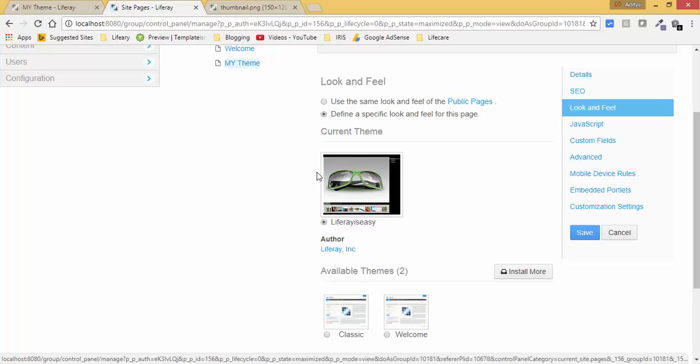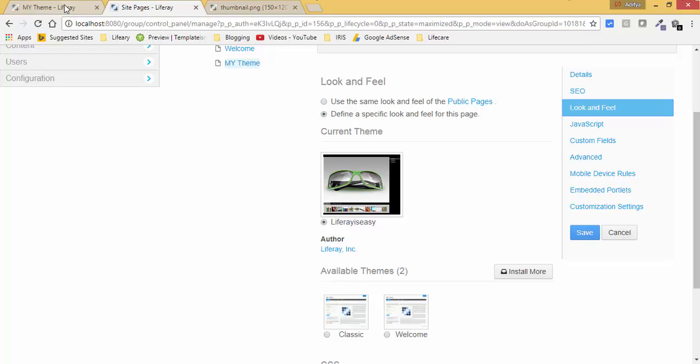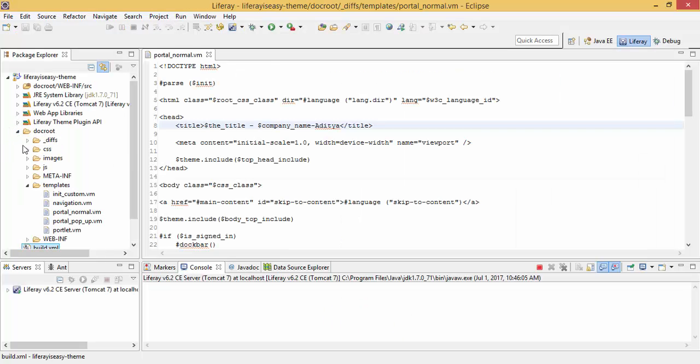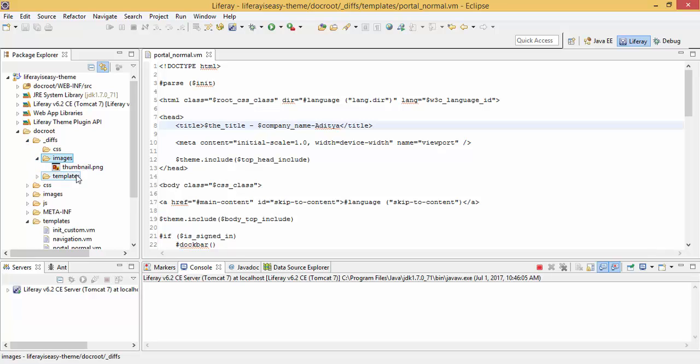And look, now we have a thumbnail for our theme. The thumbnail is there because we created the same folder and overrode it. So now thumbnail.png is our custom image, not from these images. All the changes are done in this diff folder.